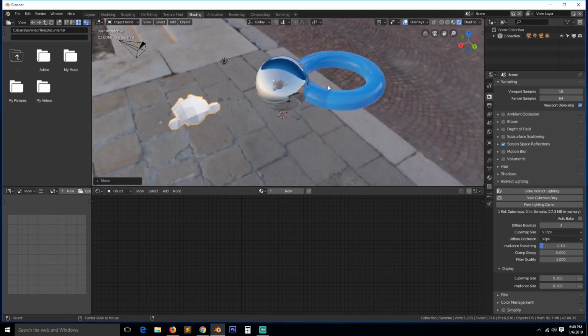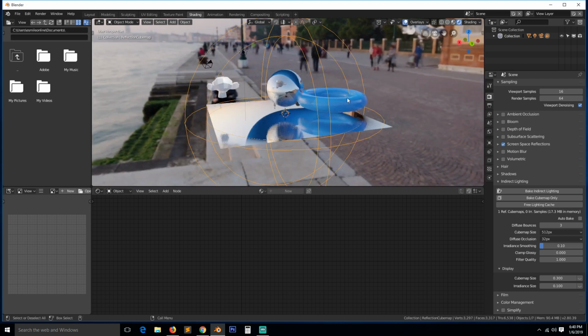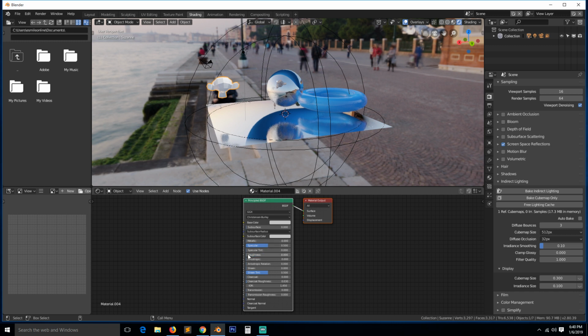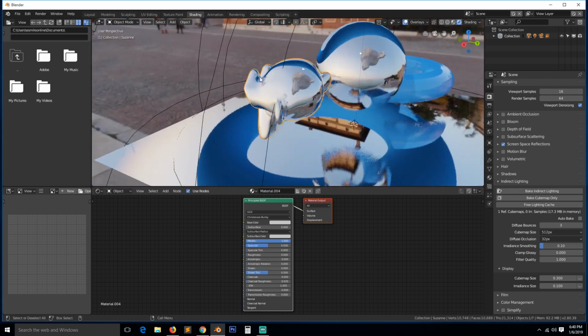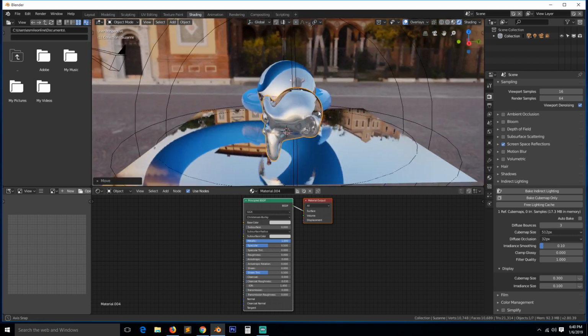So again, this light, what is it called? A cube map reflection bakes all the objects into a reflection map that is mapped onto any object that uses the reflection surface. So if we also give this the same metallic effect, smooth, you can see, even though this Suzanne monkey is supposed to be on this side now, since this object is, you can see, let me see, is it